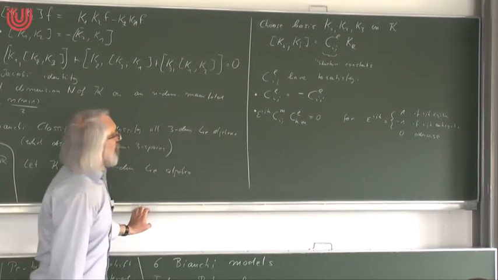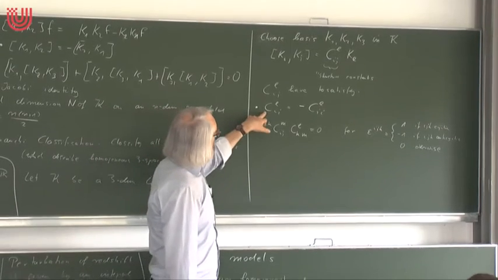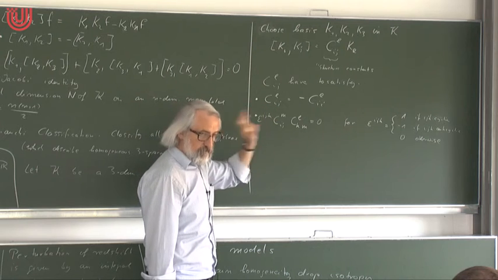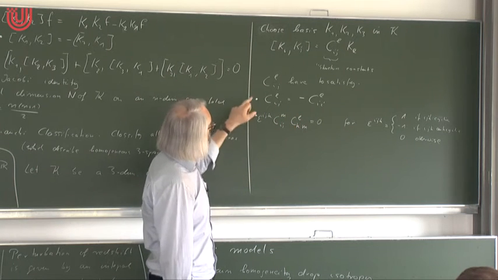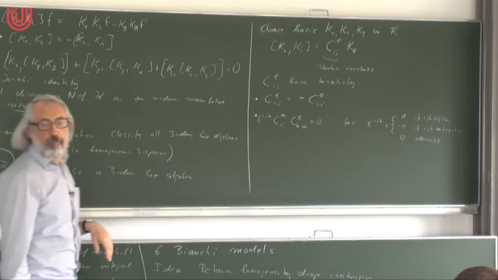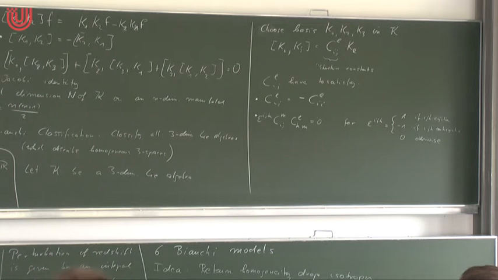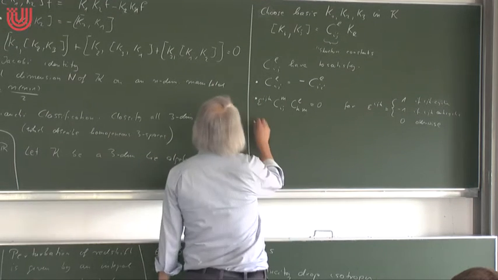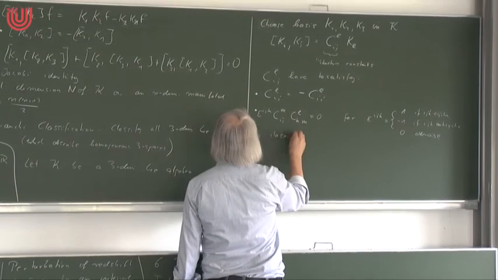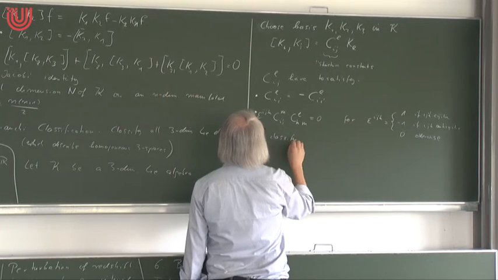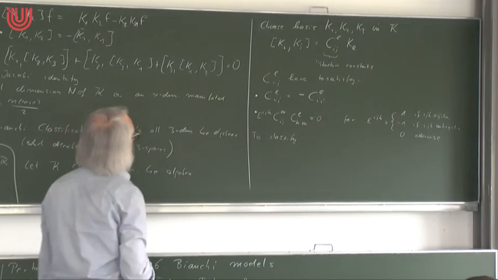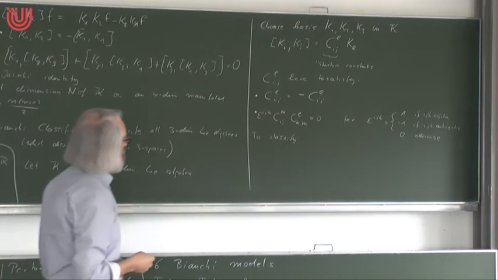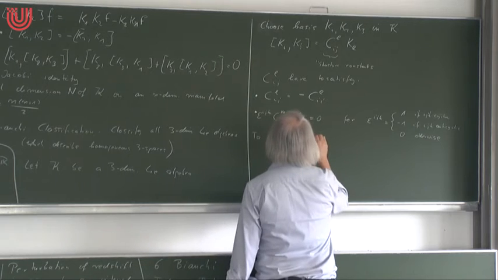So these are the two properties the C's have to satisfy. And now our goal is a purely algebraic goal: find all third-rank tensors, tensors with three indices, on a three-dimensional vector space, which satisfy these algebraic identities. And that's the problem which Bianchi solved more than 100 years ago. And the way in which he does this, to classify, actually Bianchi did it in a different way, but the most convenient way of doing it, I think, was introduced by Ellis and MacCallum in the 1960s, to classify all these